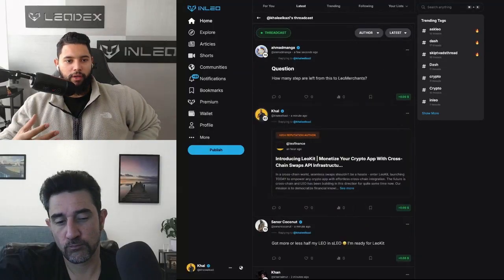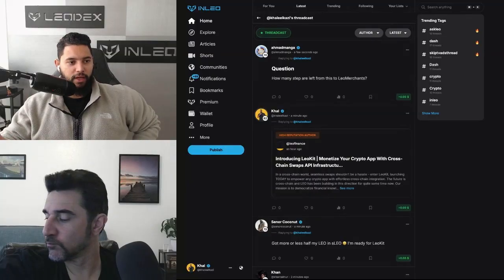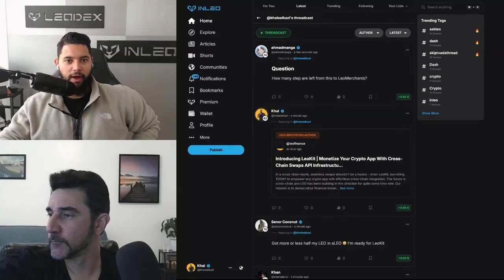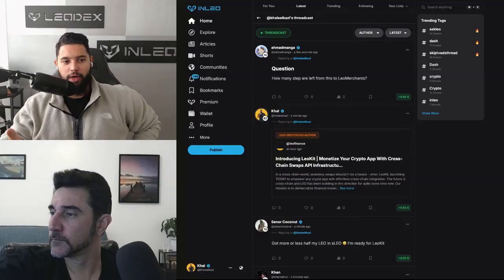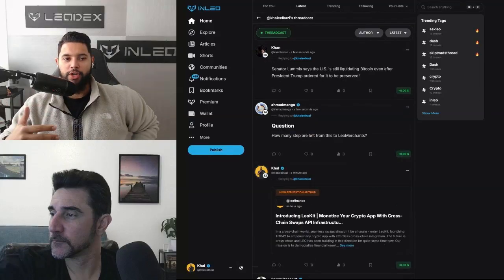And really what Leokit is, is the secondary part of that, which is: okay, your user has Bitcoin and they want to go to Ethereum. And let's say that you're a Bitcoin wallet right now, or let's just say you're a wallet app in general. If you don't have cross-chain swaps already, and you want to add cross-chain swaps, you can either go out to each individual protocol, learn about the protocol, integrate the protocol from scratch, and then you obviously